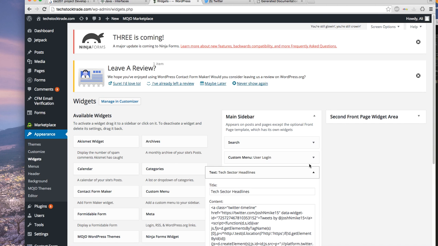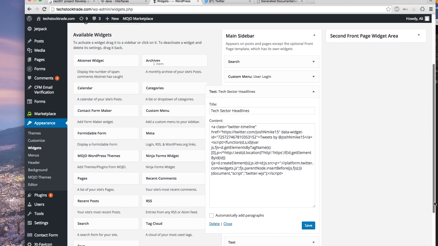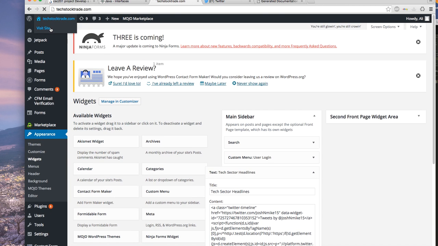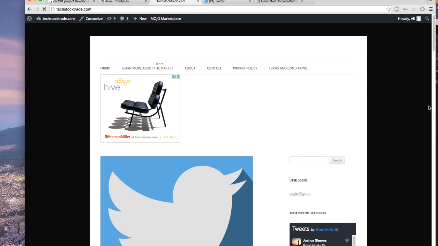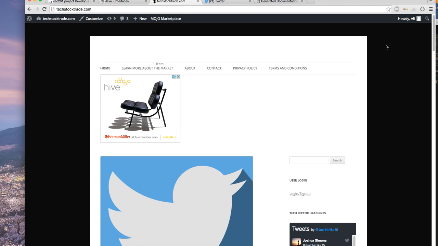Basically what we did was we used some JavaScript and HTML, and we took the Twitter timeline of the specific bot, right? We want to see the bot's timeline, because we want to share the results on a web application, on our website. So we go to save, this is what we have in here, and if we visit the site, here it is. Based on the survey app, I am pro Donald Trump. So not only did we share this on a social media website, we also were able to share it on a web property,